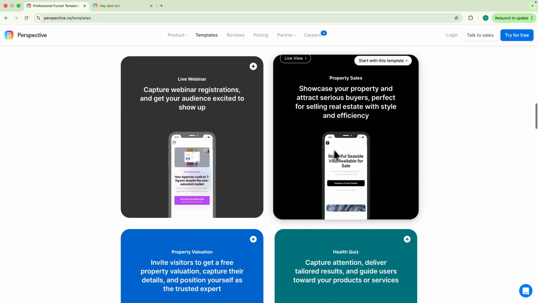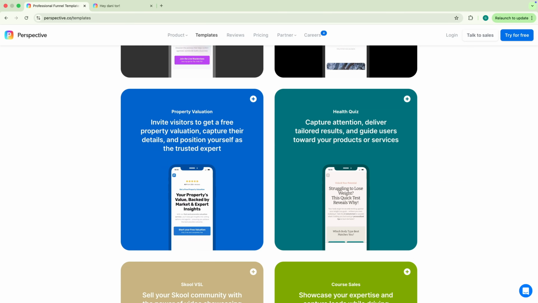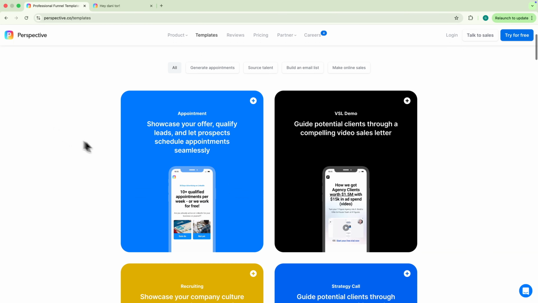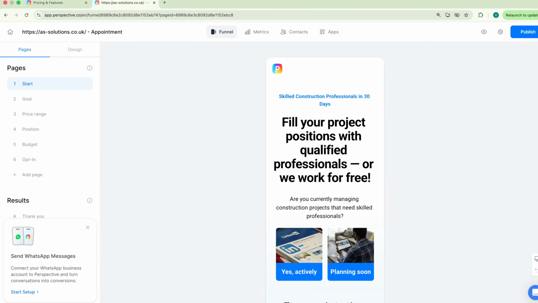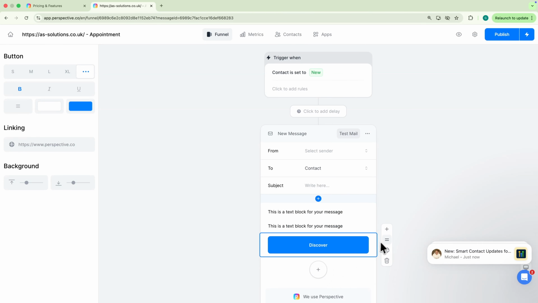While Systeme.io, ClickFunnels, and GoHighLevel have more templates, the key difference is that Perspective's templates are all consistently high quality and specifically designed for mobile. With the other platforms, templates can be hit or miss, but with Perspective, you know you're getting a fast-loading, mobile-optimized, conversion-focused template every time. Perspective's templates often include more steps in the funnel, which makes them particularly useful for qualifying